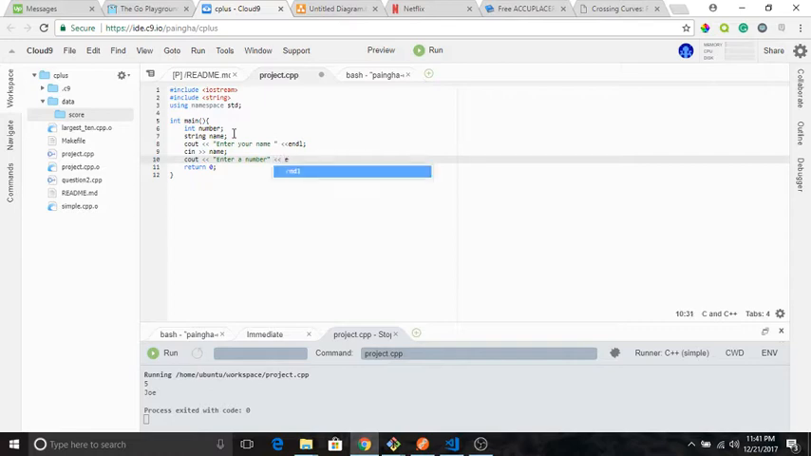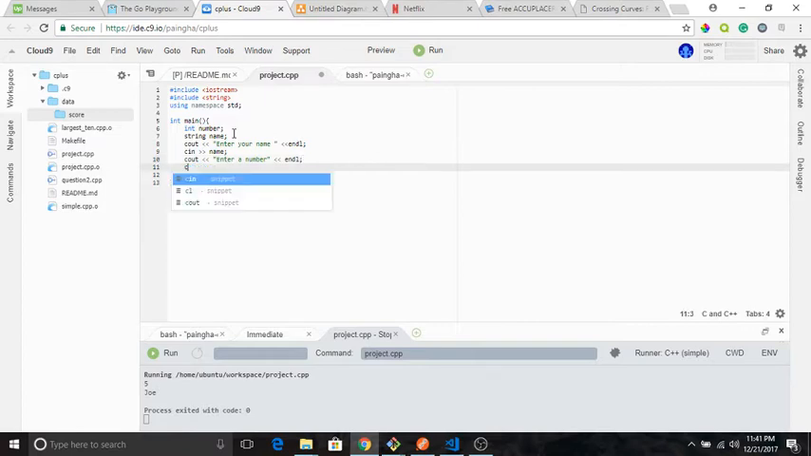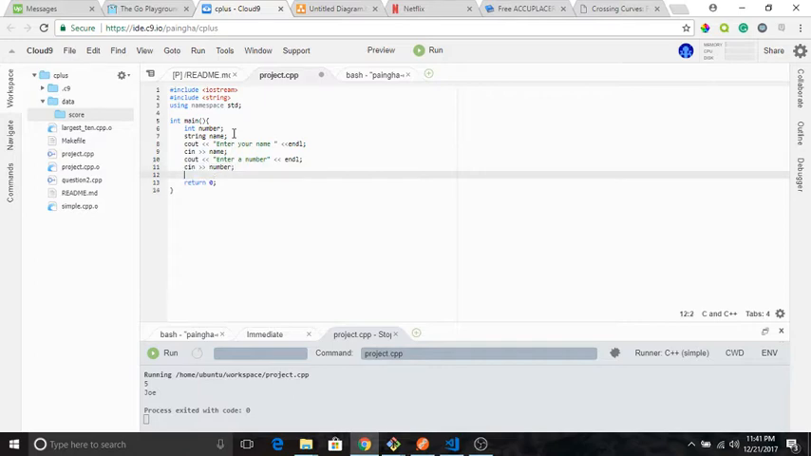Then I'm going to end the line also, and cin number. So I'm assigning the user's input into the variable called number that I already declared. Then I'm going to show the result of what those variables have after the user input has already been put in there. So cout name,